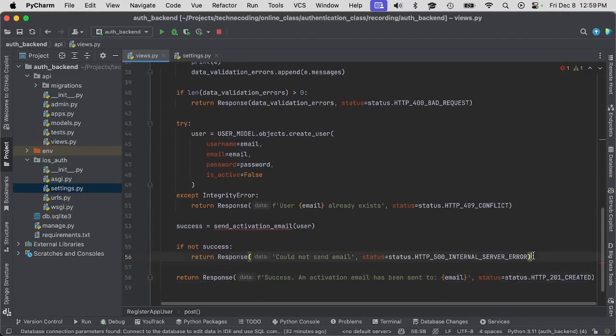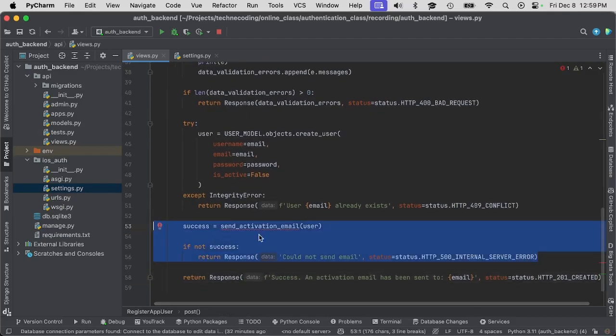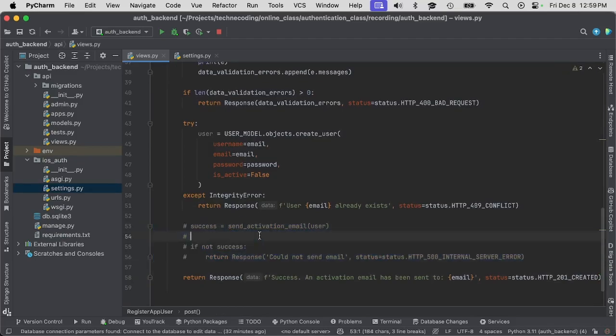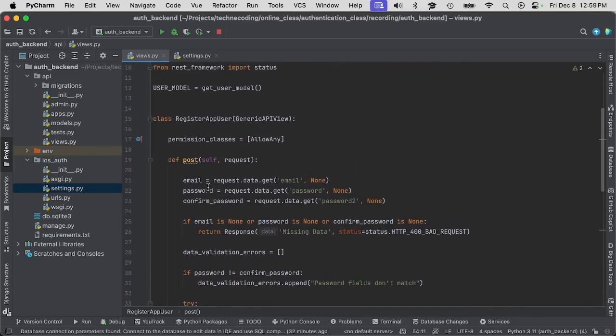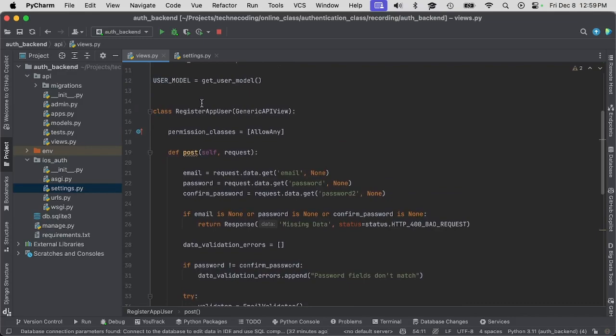Other than these two things, which I'm going to comment out right now just because we can't use them yet because they don't exist. But this is the full endpoint on what we will be using. Now, it's not hooked up to anything yet. So basically, this is just a function. We could technically use it, create a Django test to test it, but it's kind of convoluted to do that